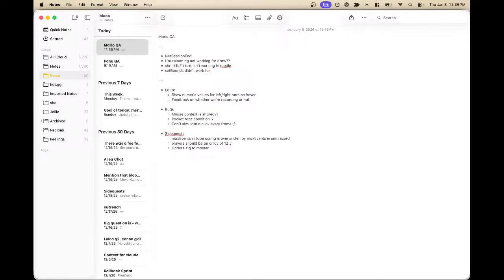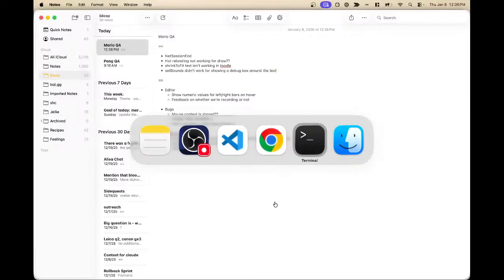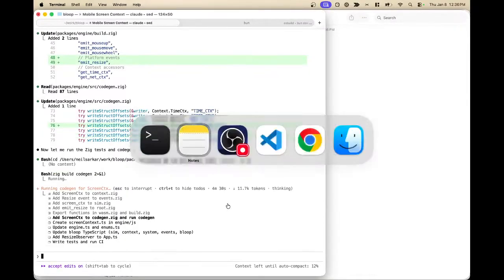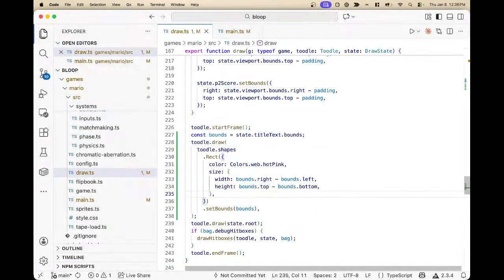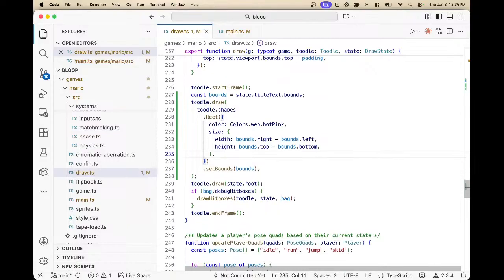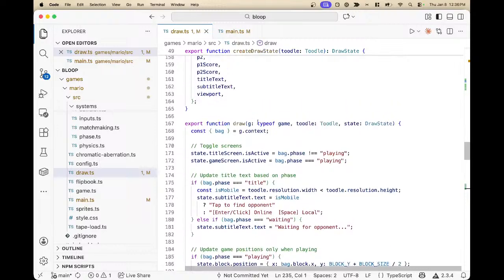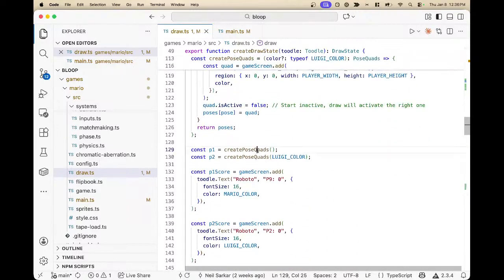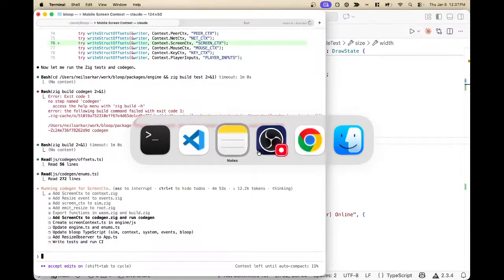Didn't work for showing a debug box on text. It's been a minute since I've done text rendering with Toodle, and it seems to suck. But this is fine for now. So if I do shrink to fit, if I set this to like -20, does